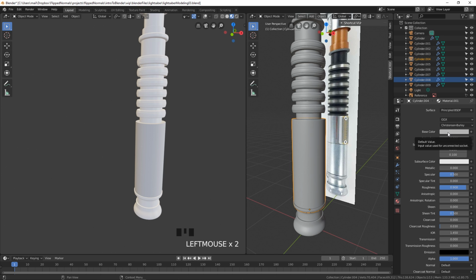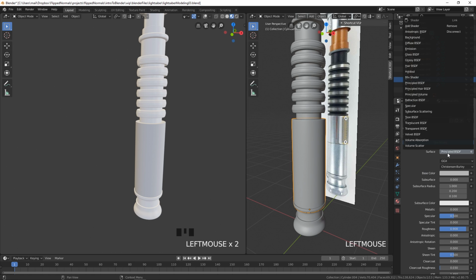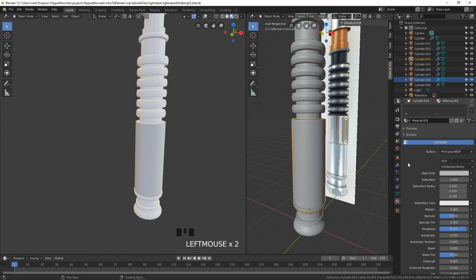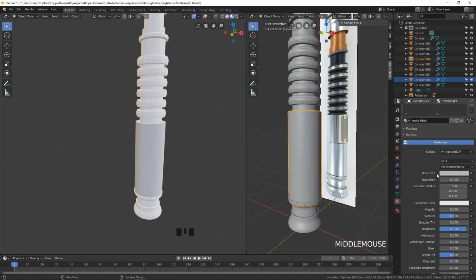Now, under your surfaces, you do have a bunch of different other shaders. If you want more control or you want to experiment, but for most, like 99% of the cases, the principal BSDF is the shader that you're going to be using. So for this one, let's just rename this to Metal Bright. It's important that you rename your materials early on, because you might have a scene with 200 materials and it becomes a huge mess. So we are going to just set the color to something like